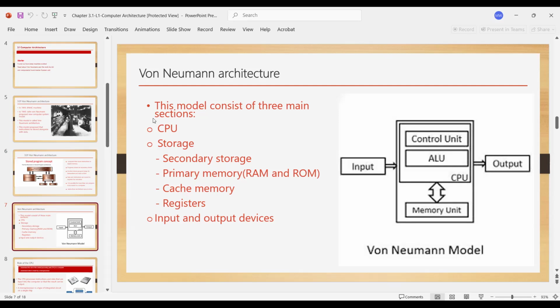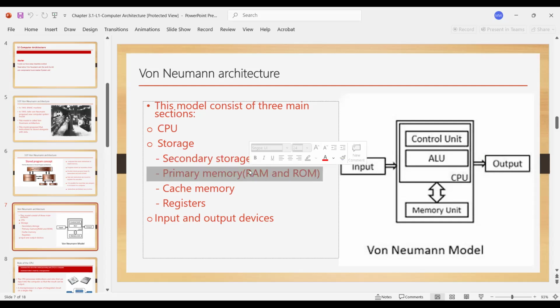The first one is the secondary storage. The secondary storage means your hard disk drive, your solid state drive, the storage devices that are used for you to store the data. This is your secondary storage. The second part is the primary memory, which is RAM and ROM. We will discuss this in detail, but for now, RAM is random access memory. ROM is read-only memory. So